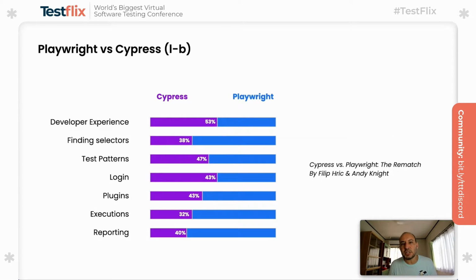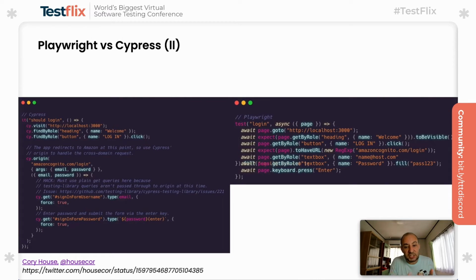Similarly, I found several other studies, and this one is another example. Here, the author went through a specific problem where there was a cross-domain, cross-origin issue. So in the middle of the test, the scenario jumps to another domain. We can see in Playwright, it is a little bit more straightforward to handle this situation, but in Cypress, we have to introduce some more steps or some more code to handle it.